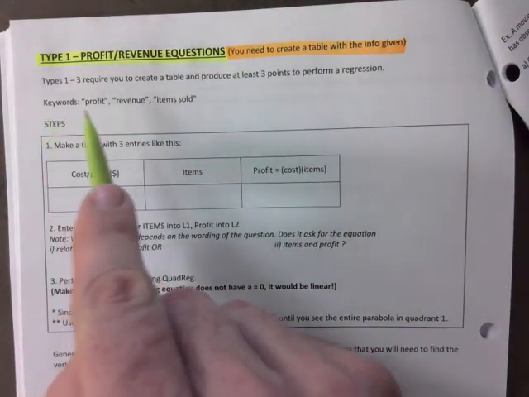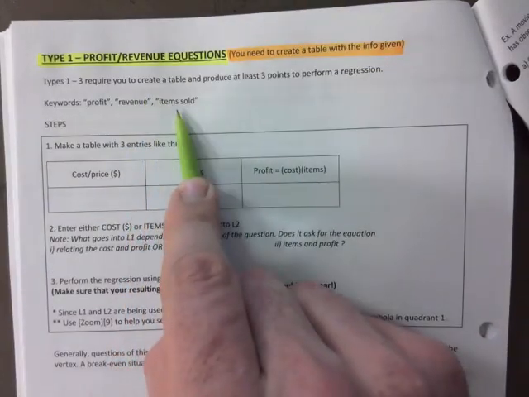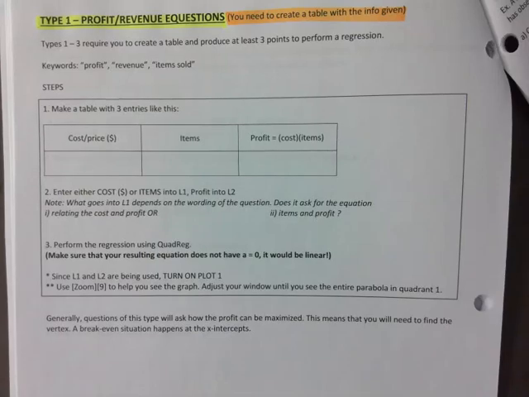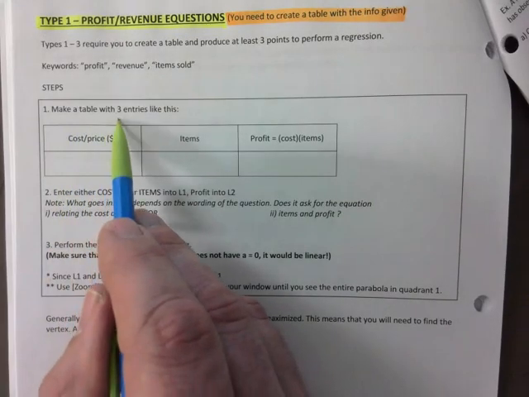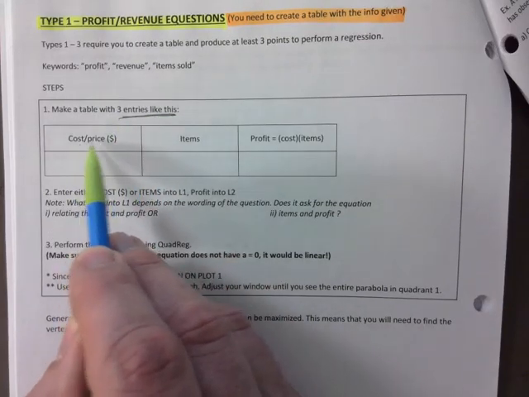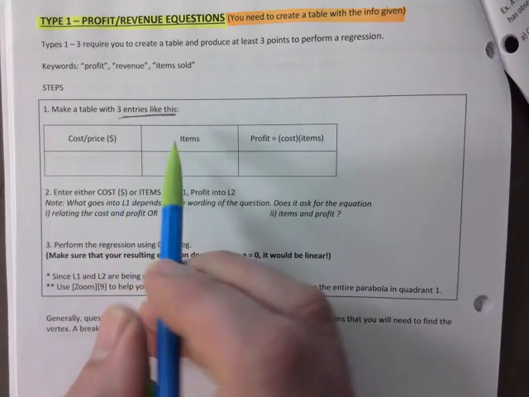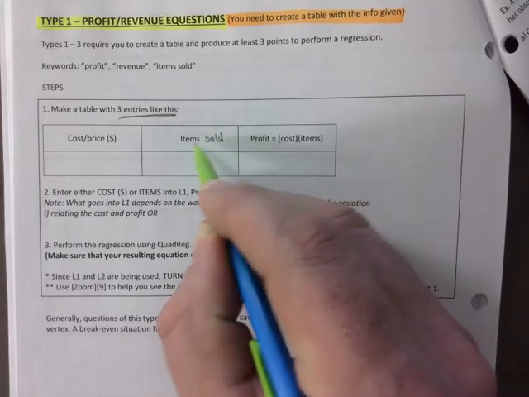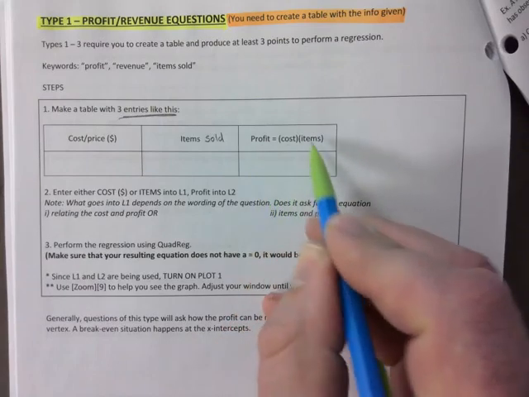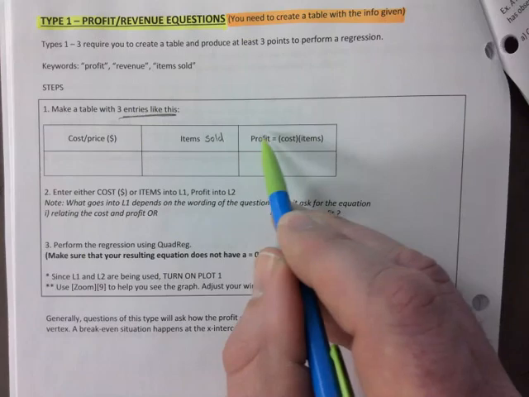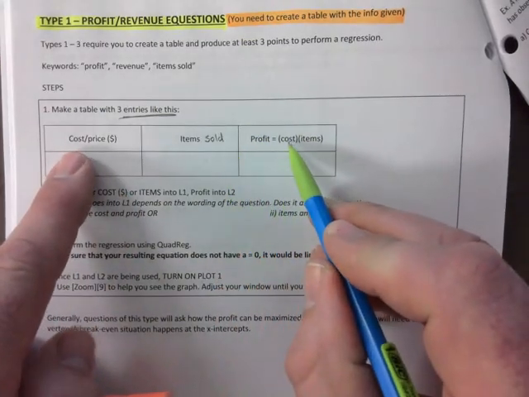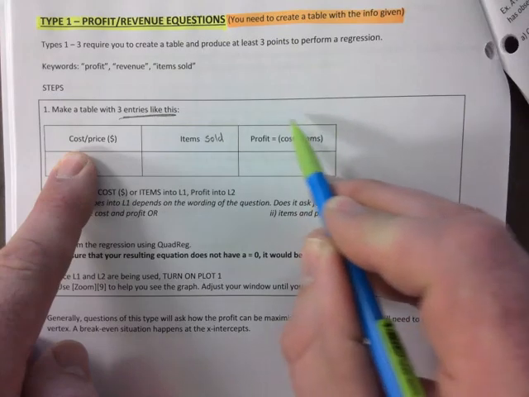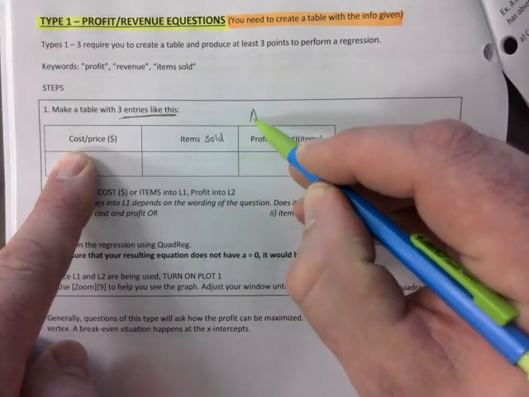Some of the keywords for this type is when you see profit, revenue, items sold, you're in this category, you're in this camp. When you're in this category, you want to make 3 entries, right? The cost or price per item, how many items are sold, items sold or rented, whatever, right? And last but not least, this column right here, which is your profit or your revenue column, which essentially asks us to take the cost per item, multiply it by the items that we're selling, okay? This last one right here is always